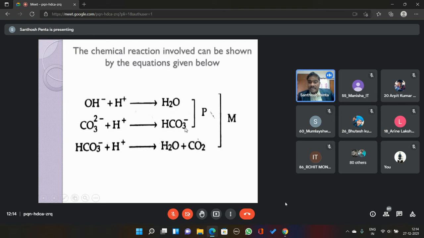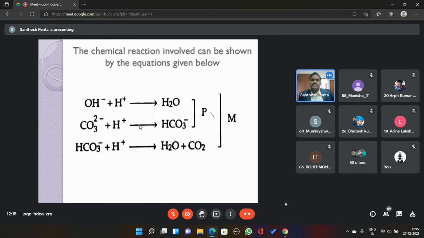Now see here, for the hydroxide and carbonate ions, a bracket is there that indicates P and M: P stands for phenolphthalein, M stands for methyl orange. In the previous class I explained that there are different types of indicators: acid base indicators, redox indicators, complexometric titration indicators. For complexometric titration, we just studied the EBT indicator, Eriochrome Black T indicator, and another one is the PR indicator, which we will discuss at that time. Now it is not required. Redox indicators are N-phenyl anthranilic acid and potassium permanganate.